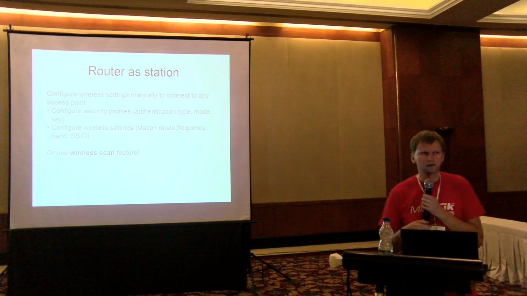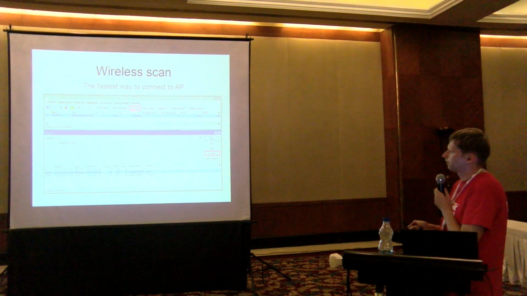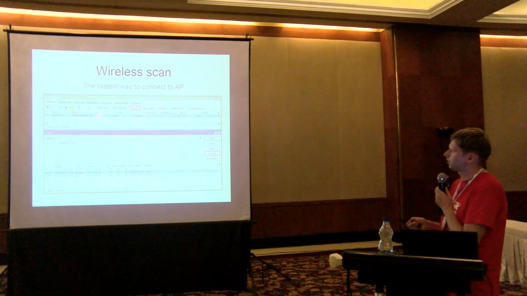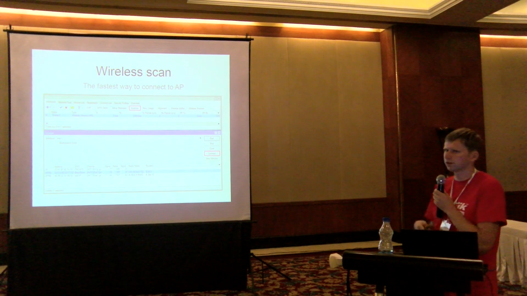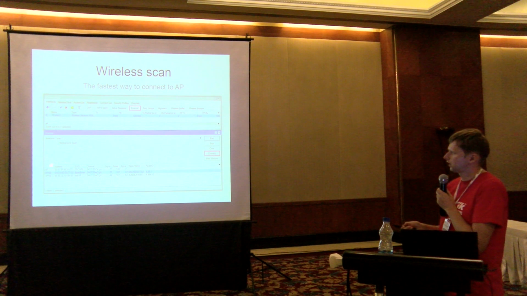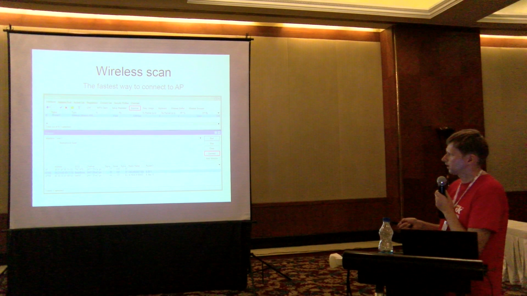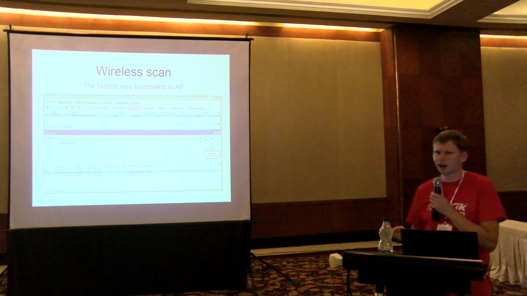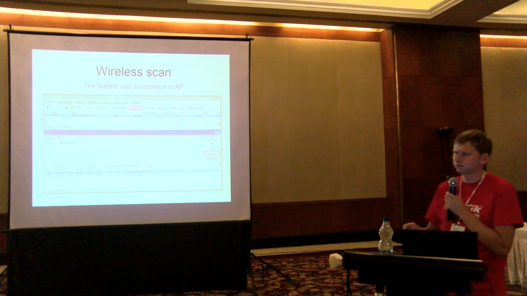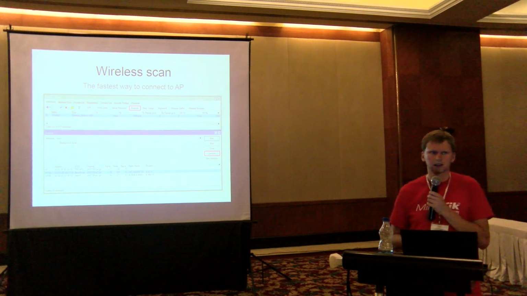So what does the wireless scan feature do? The wireless scan feature can be found in Winbox, console, or Webfig. Under the wireless interface, click scanner, select which interface to use for the scan, and click start. Then you select from the list that this wireless interface found, select the best access point or your desired access point where you want to connect, and just click connect. It will automatically set that band, SSID, and will automatically connect to that access point.